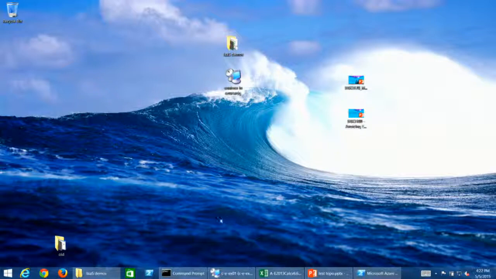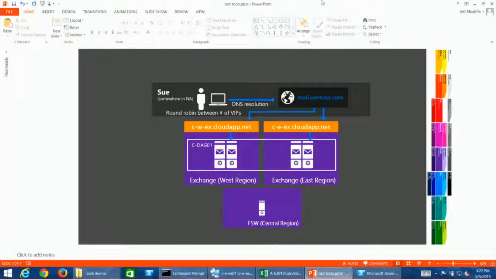So I showed a sizing example for a fairly straightforward database availability group. I actually skipped over the fact that I was picking 3 copies plus a lag. I didn't mention that, but that was used in that example. That was using 4 servers, 2 in each region. So if we think about how we might actually deploy that in Azure,